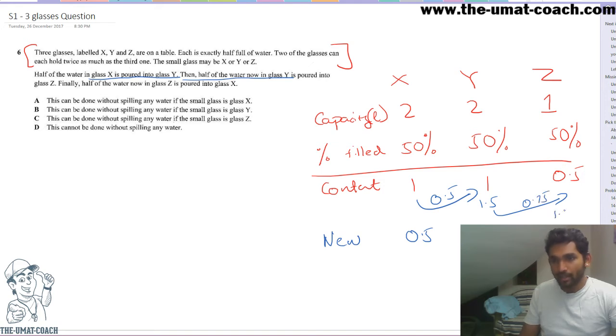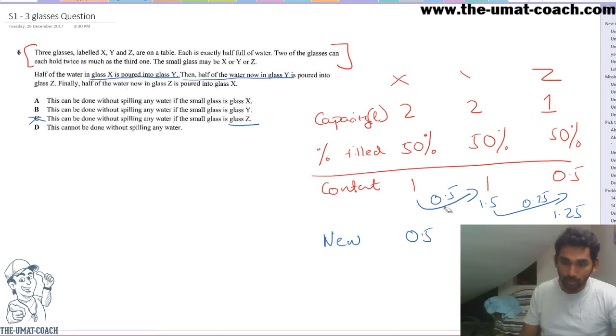If I were to add this up, 1.25. Do you see how in this one, 0.5 can go into the 2 liter capacity, 0.75 can go into the 2 liter capacity, but 1.25 is greater than Z's capacity. So therefore, if the small glass were to be Z, this wouldn't work out. Okay, so next thing you want to do is quickly